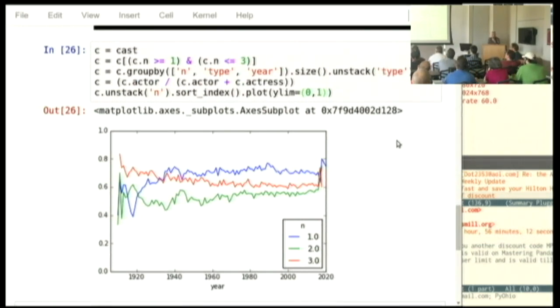down. The red line, which is the n equals 3, the supporting character, back in the 30s and 40s, was very likely to be an actor, but has slowly been trending downwards to more often being closer to parody. And then for whatever reason over the history of film, it has been that n equals 2 slot that is at times, in some years, almost a coin toss between whether an actor or an actress will be playing the supporting role. So this is a very simple data set.